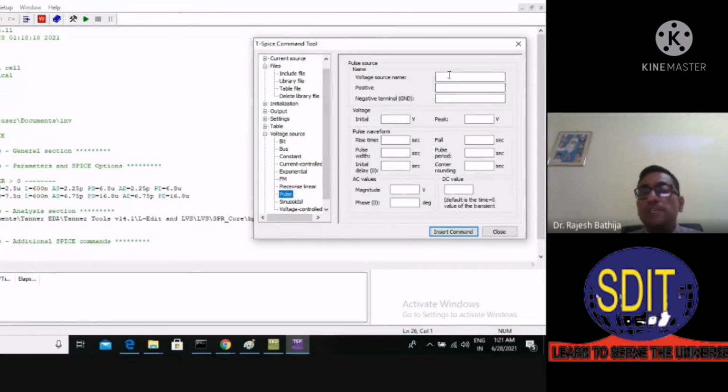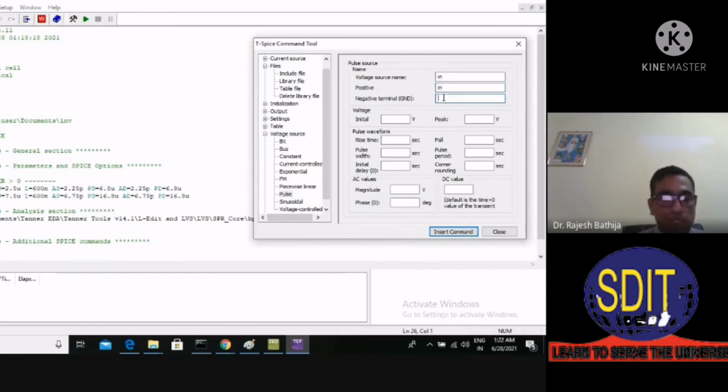This pulse is here. In this pulse input, the voltage source name was IN, right? The same we have to write, whatever we have written over here in NMOS, IN, and here, the same we have to write. But it is case insensitive, so we can put IN in caps or small, that doesn't matter. But for the voltage source name, I am writing here IN, and please see it will come here as VIN. Why it will come, I will tell you.